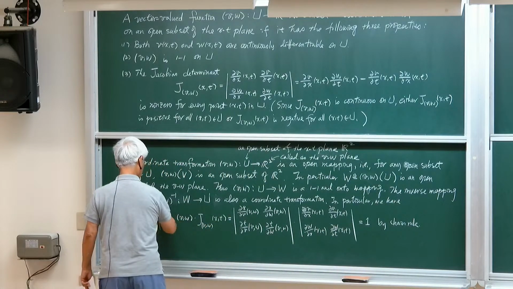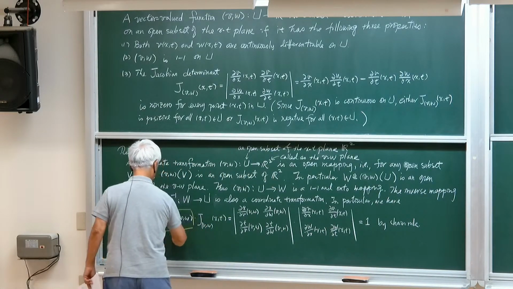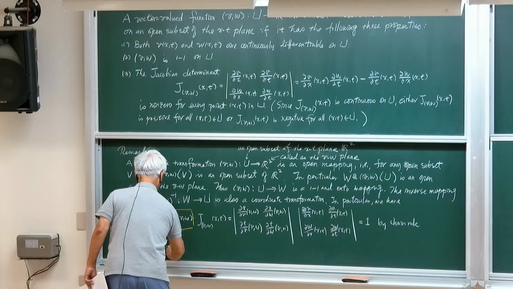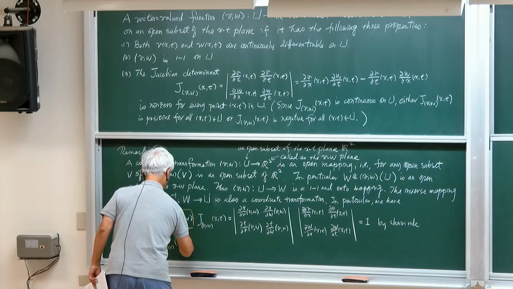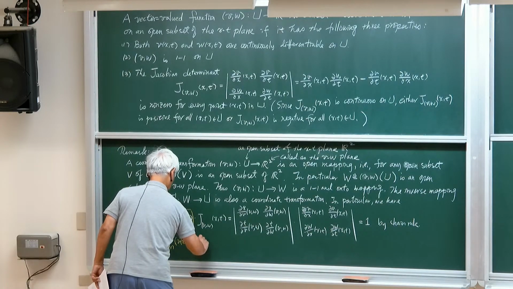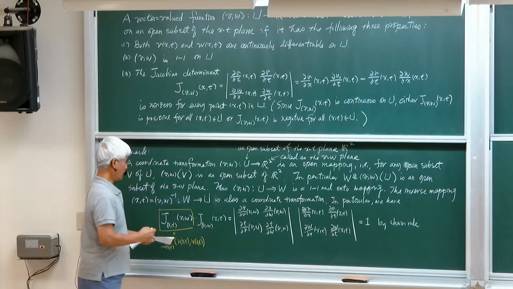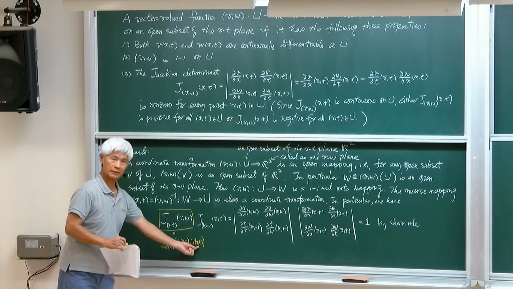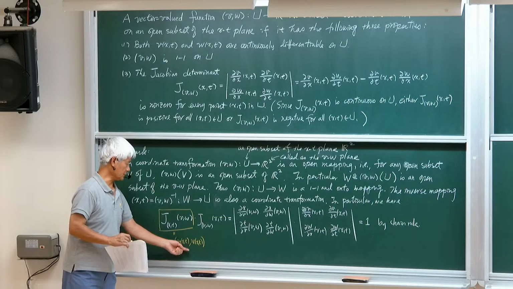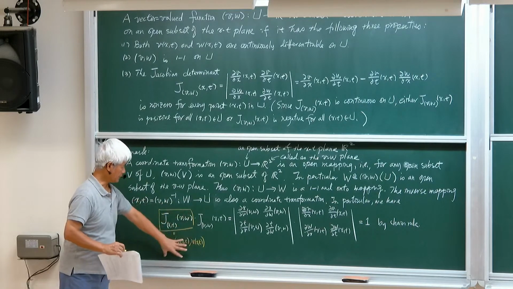So this one can be rewritten here, so it's xt. Okay, so once we do the substitution of the coordinate transform, this becomes a function of xt,